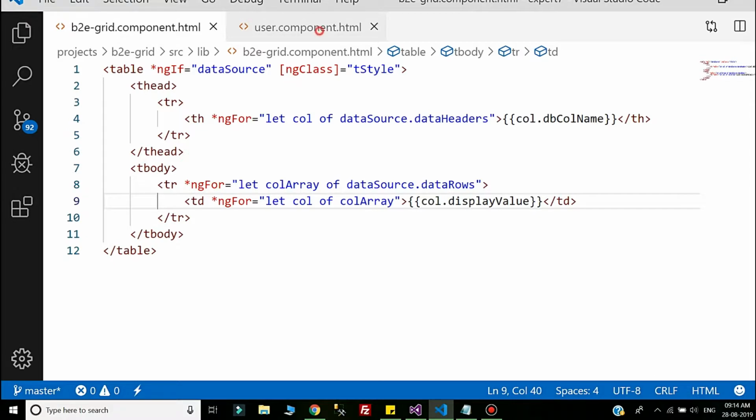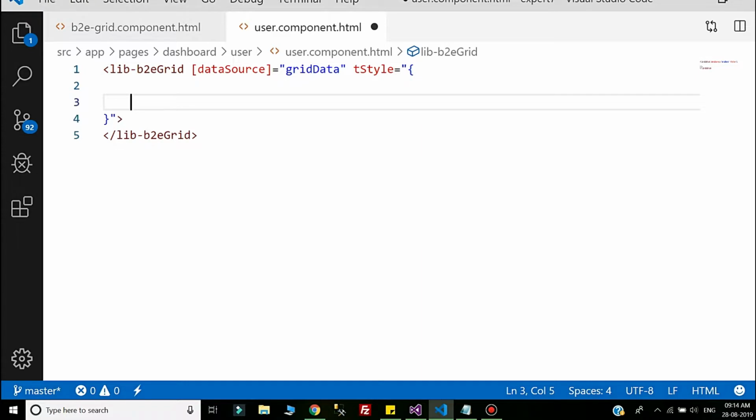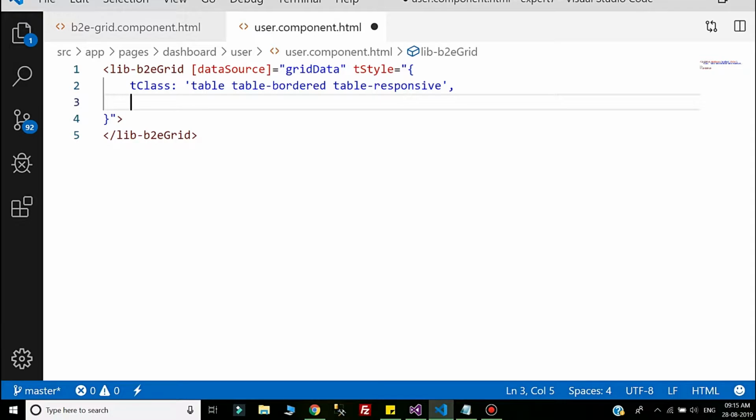That is why I will change this t style to an object instead of a string. So here you can check that the table class will be like this, and